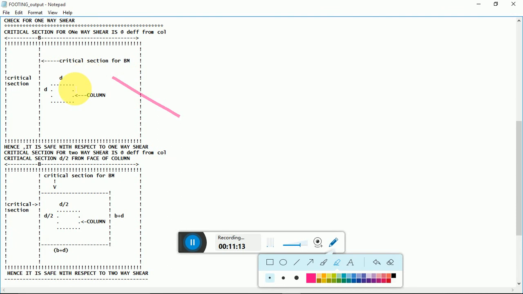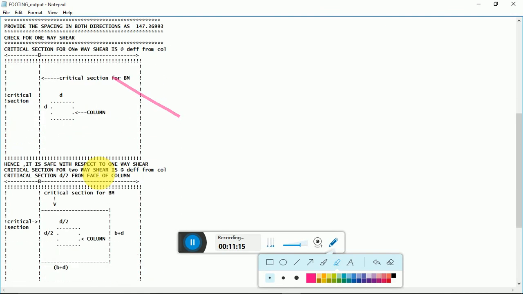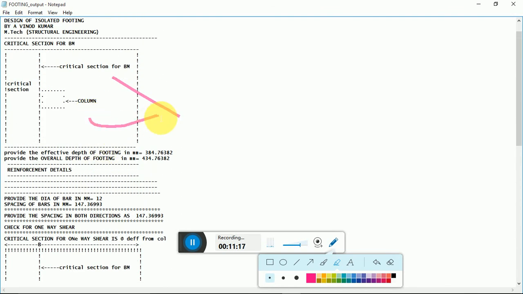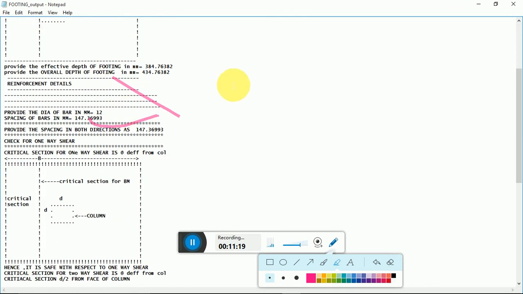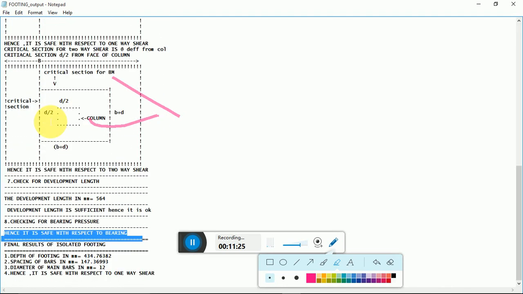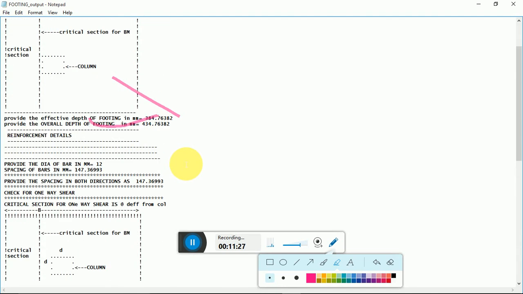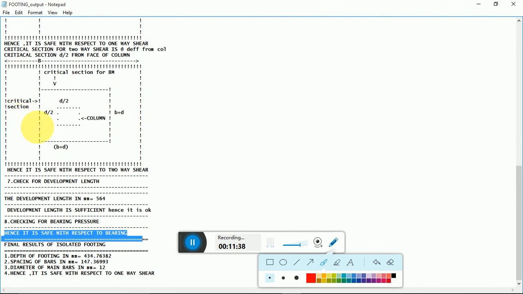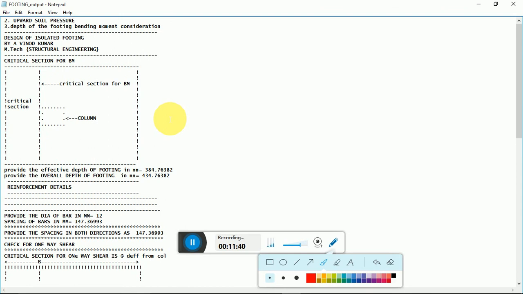You can see here, this is the critical section diagram. All this we can generate by using the Fortran programming language. This is only a simple thing, but if you are habituated, then you can do any number of things by using the Fortran programming language. This is the brief about design of